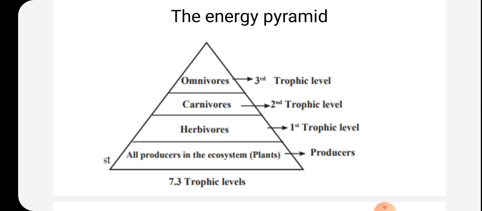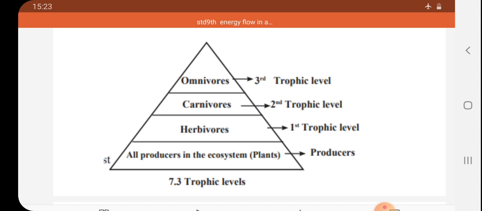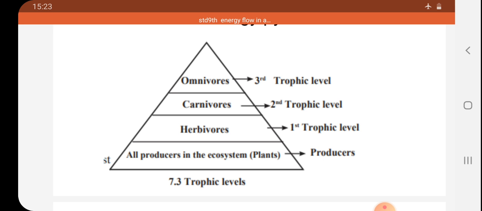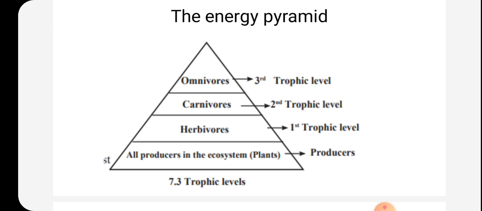They transfer the energy to the carnivores, okay, but some amount of energy is kept with them. Then carnivores are used by omnivores. In this way, in this trophic level, you are observing that transfer of energy takes place, but it is in a pyramidal form. Energy transfers that take place exchanges